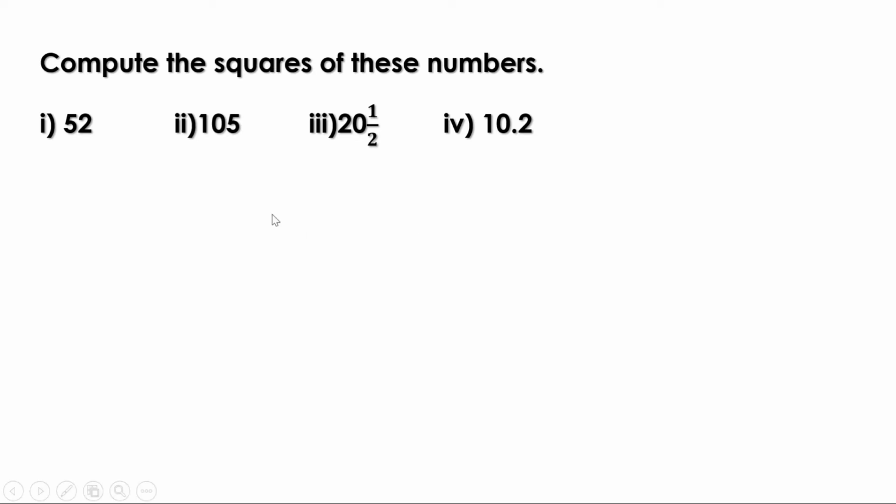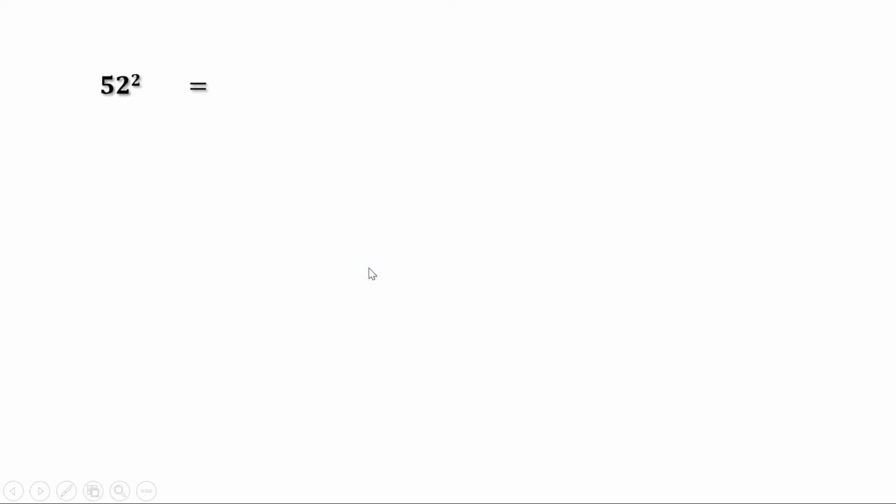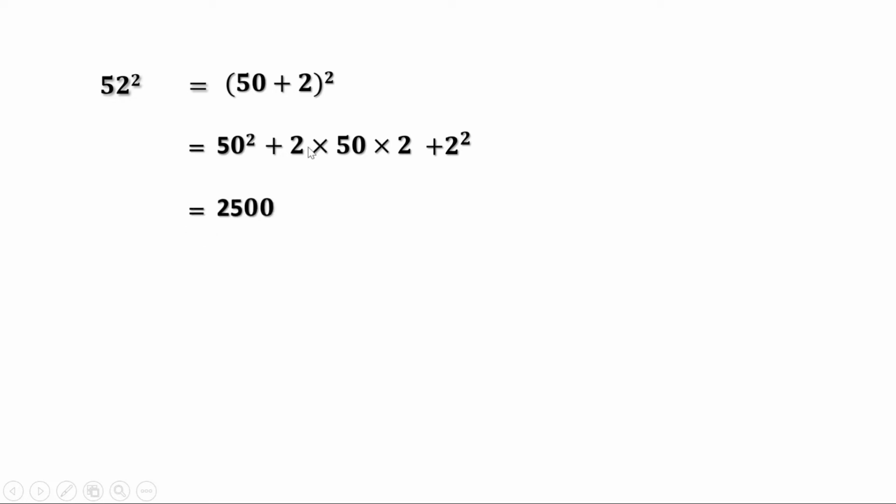Let us find the square of 52 at first. That is 52². 52 can be written as 50 + 2. So this can be written as (50 + 2)². That is equal to the square of the first number, 50², plus 2 into the first number into the second number, or 2 into 50 into 2, plus the square of the second number, or 2². 5² is 25, therefore 50² is 2500. 2 into 50 is 100, 100 into 2 is 200. 2² is 4. 2500 plus 200 is 2700, plus 4 is 2704. That is, 52² is